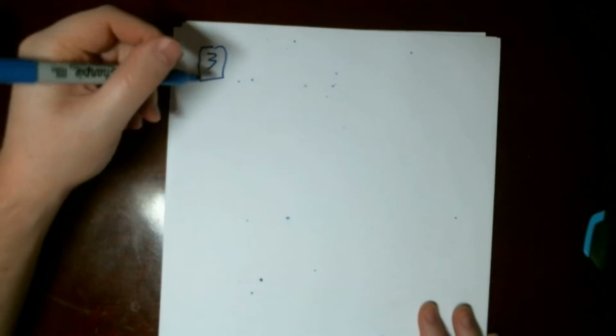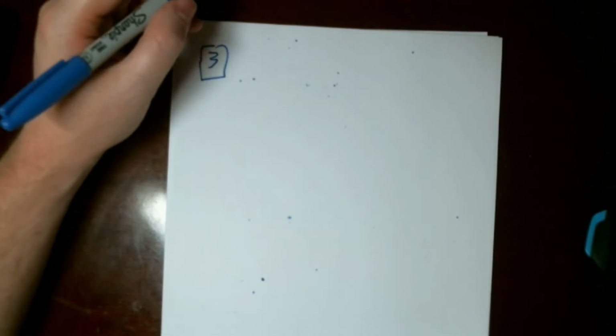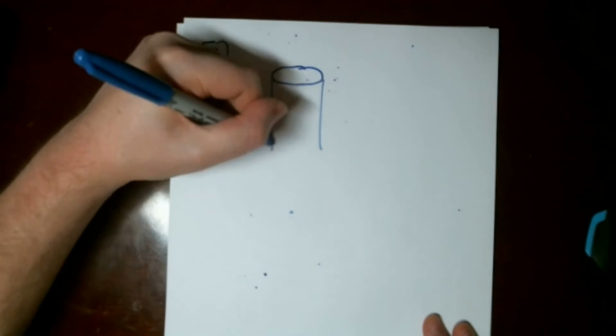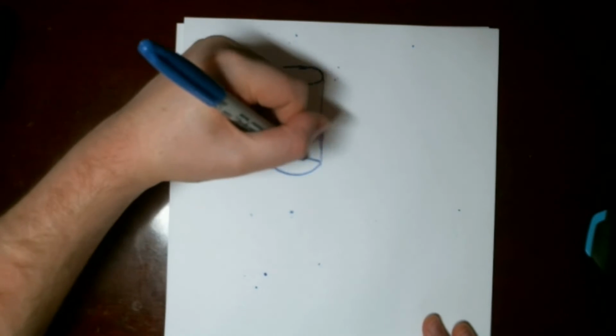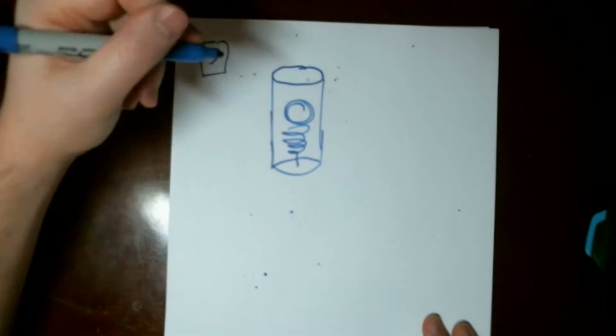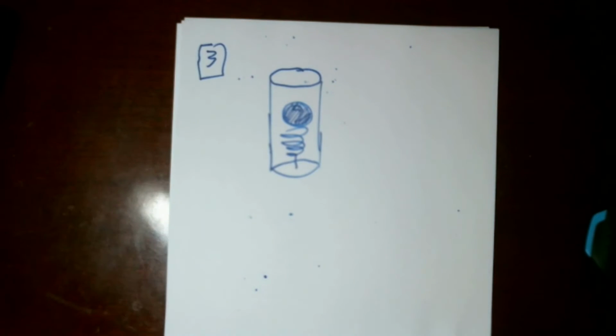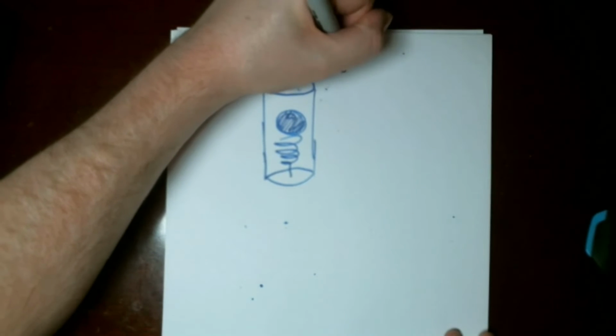All right, number 3. Similar problem, but there's a wrinkle. So if everything else is the same, that is, we compress the spring the same amount, we have the same weight ball, we have the same spring with the same spring constant, but instead the tube is vertical, we want to find out how fast the ball is going when the spring returns to equilibrium. So we take the equilibrium point,